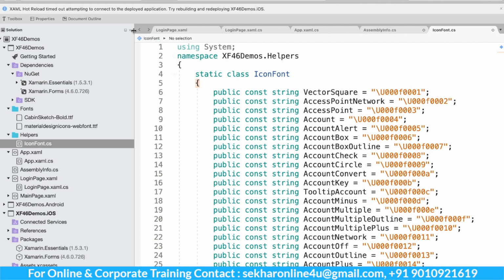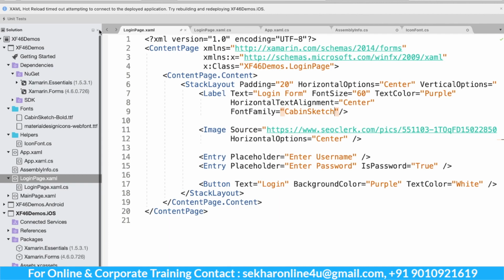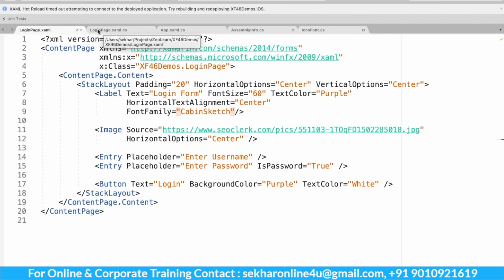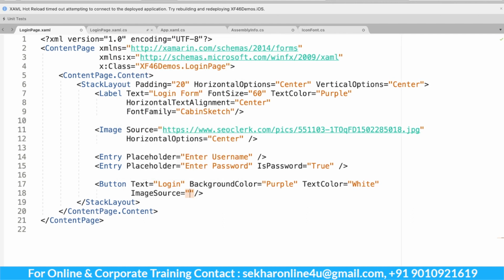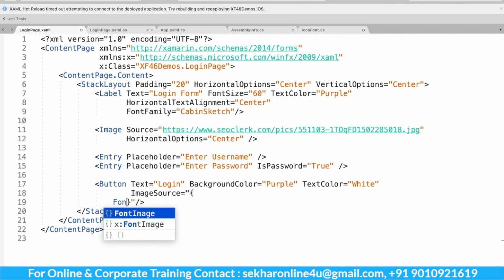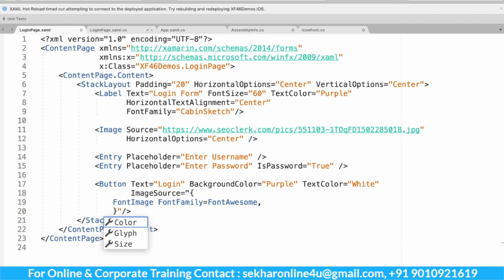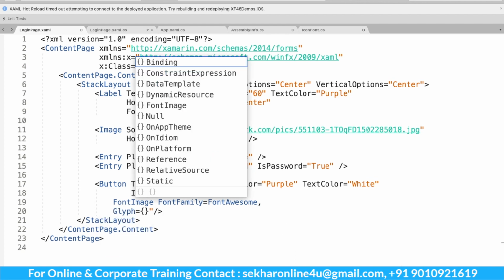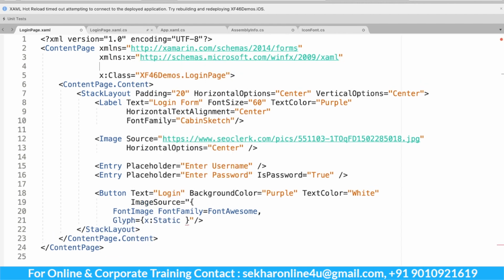Now let me open the login page and let us use the image for the login button. So let me type in Image Source equal to FontImage, FontFamily equal to FontAwesome, Glyph equal to x:Static. We need to have the reference of the helper class.